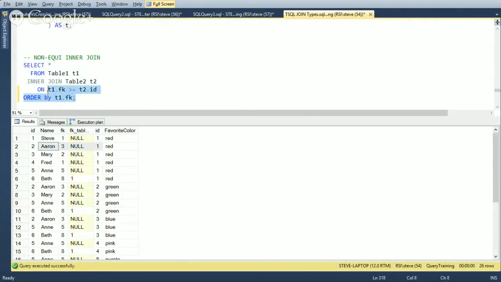We're ordering by the thing that we're joining on. Actually, no, let me order by the ID of the first table. You can tell the equijoin is something I threw in at the last minute because I think Bill asked me a question on this yesterday. So you can see